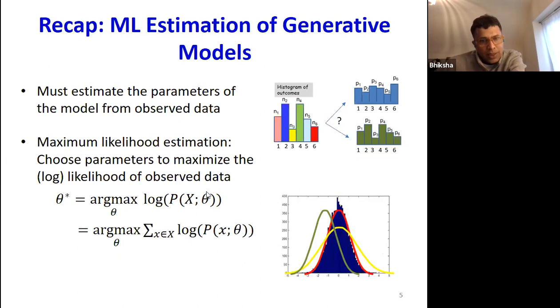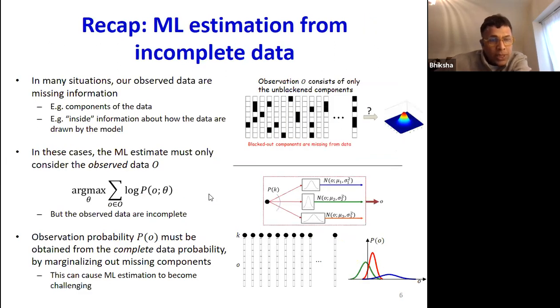Yeah. So that's basically it. And then we saw that maximum likelihood estimation from incomplete data is a problem. For example, if you had data of this kind, where you had many vectors and the vectors were missing many components, then you cannot actually estimate the means and variances of the Gaussian distribution directly from these data because you're missing components.